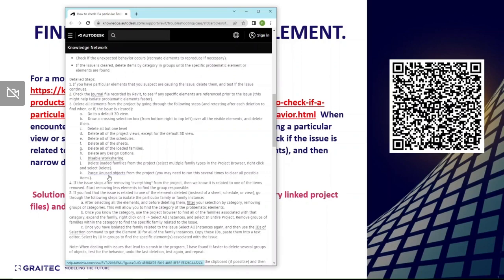Having determined that some part of the elements, families, views, sheets, etc., whatever it may be, you're then going to repeat the exercise, but this time you're going to be more selective. You're going to delete one group of entities. So, for example, you delete all of the levels apart from one, and test whether or not that solves the problem. And if it does, you know then that the entity is in one of the levels other